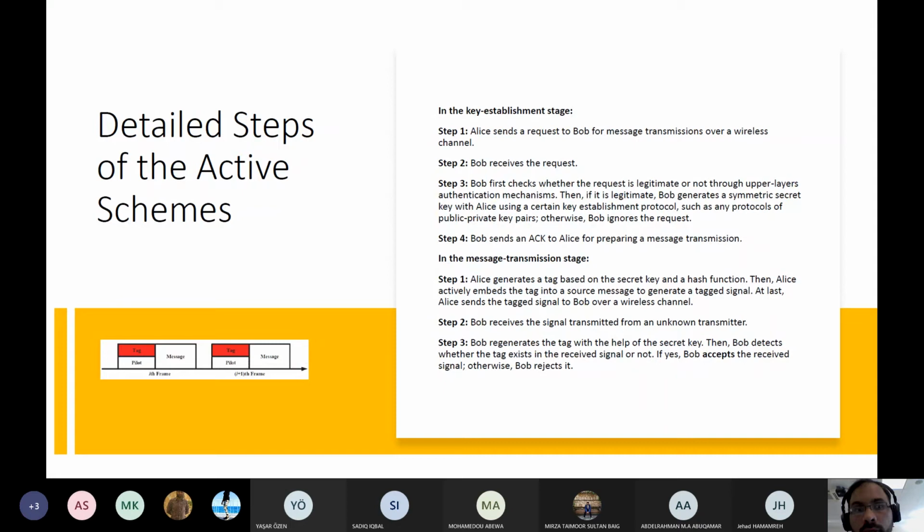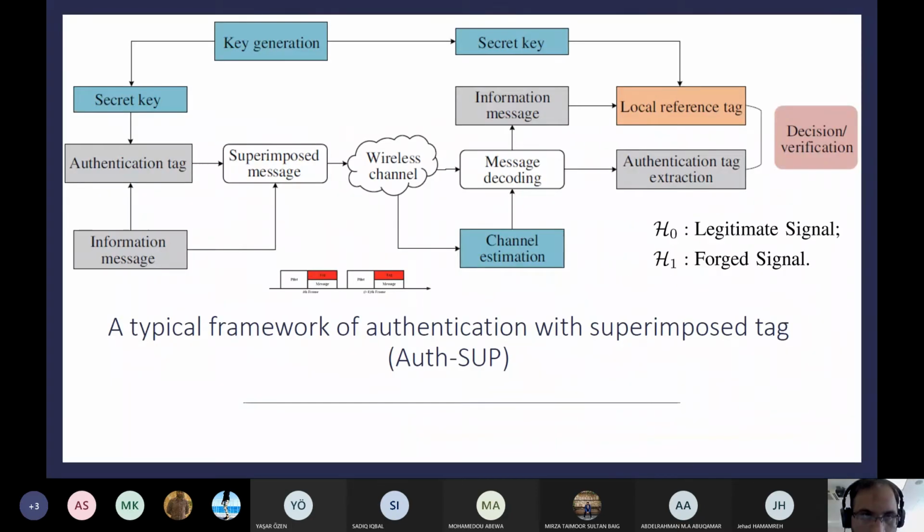Here you are making a watermark in the physical signal, and then you transmit that signal to Bob. Bob receives the signal, and Bob knows the key. Bob makes a local copy of the key, as a database to compare against, and receives the signal from Alice. It will extract the tag and compare it with the local copy to authenticate Alice, the source.